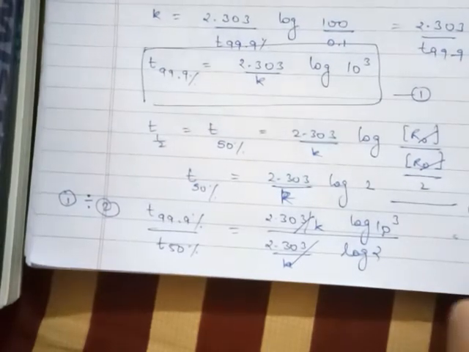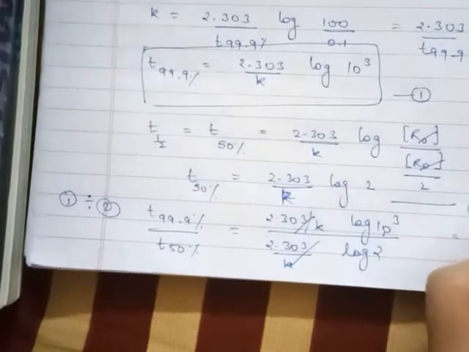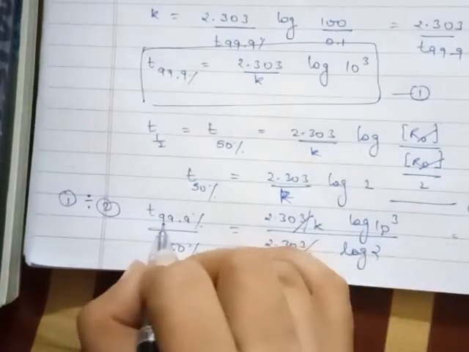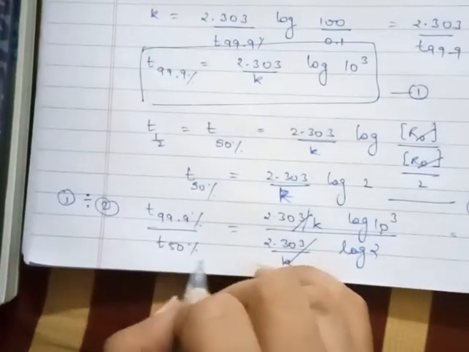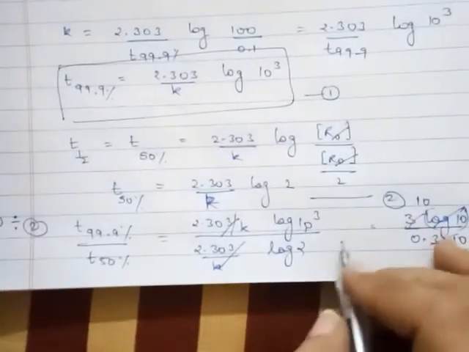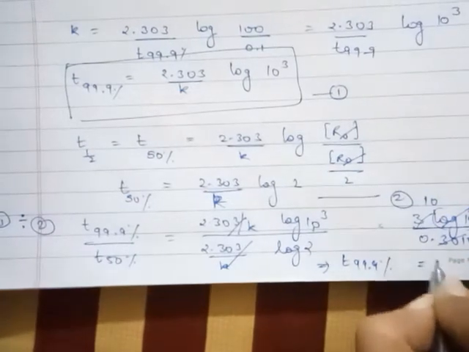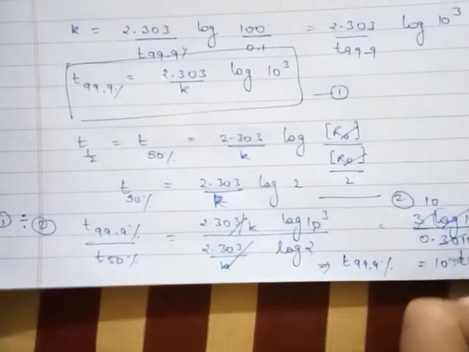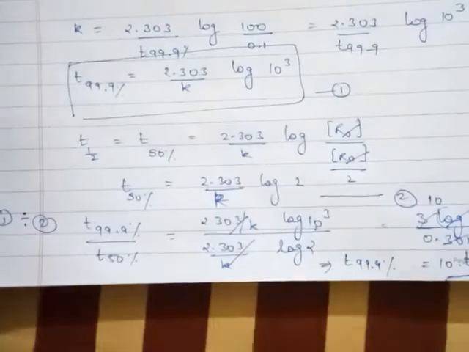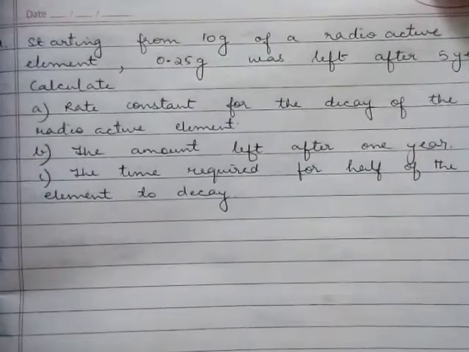log 10 1 के इक्वल होता है और ये नियरली कैंसिल आउट होगा तो ये 10 आ जाएगा. तो T 99.9% divided by T 50 is nearly equal to 10. So you can write this as T 99.9% is 10 times T 50 or T half life. This is how you prove the condition.